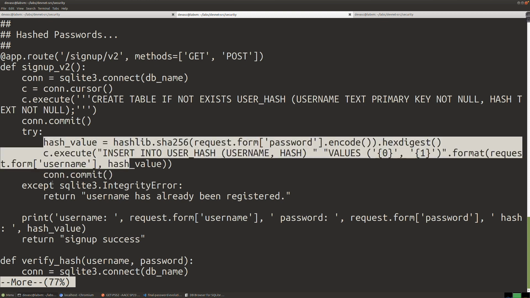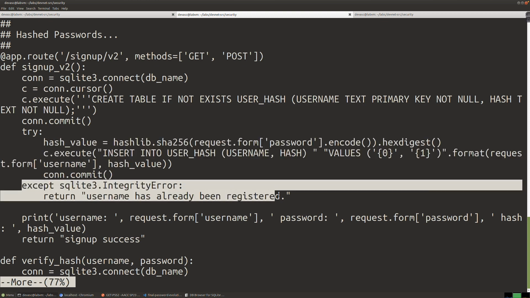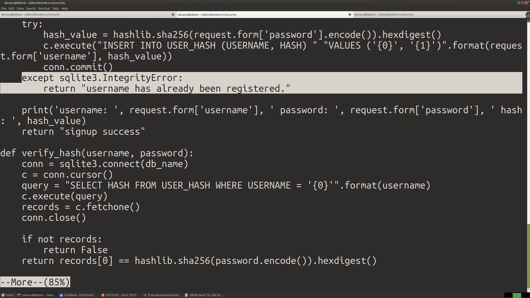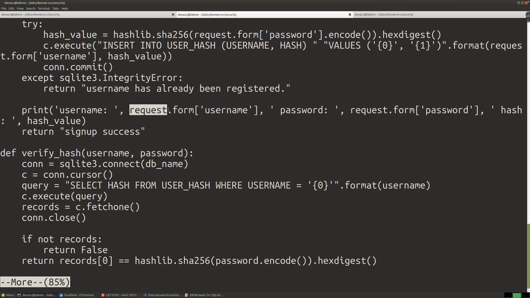If that all doesn't work, then the program doesn't explode. We simply return back, hey, username has already been registered, like we saw once we sorted out the SQL 3 database. And then we're going to print out the username. And we're going to use that request.form and the request.form password and username. We're going to use that